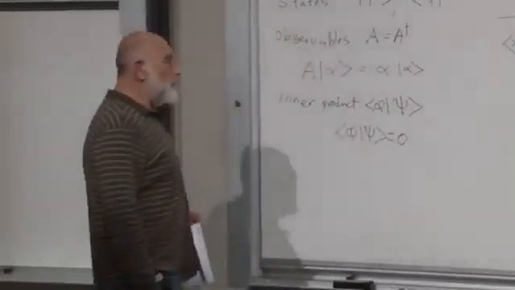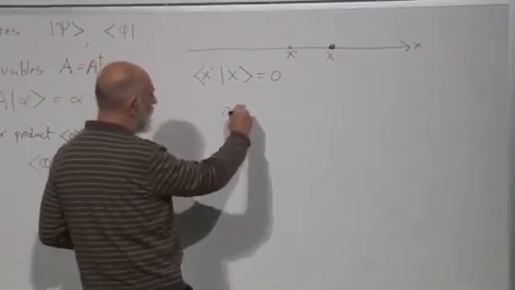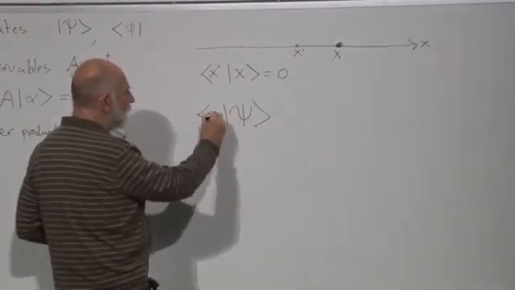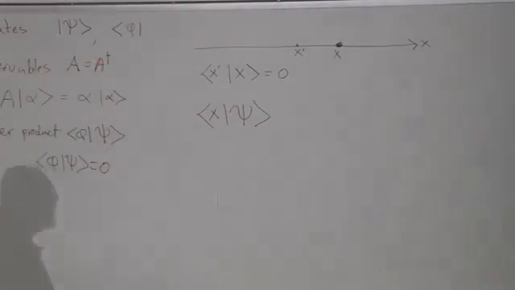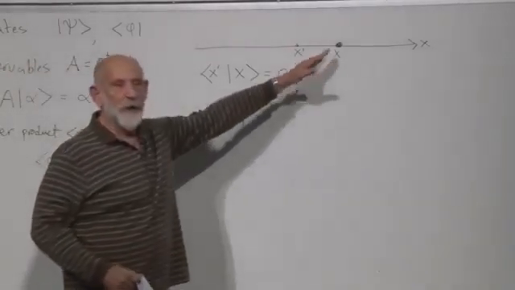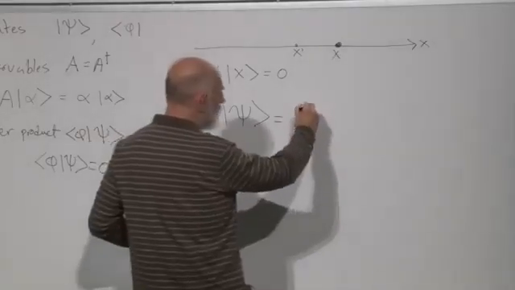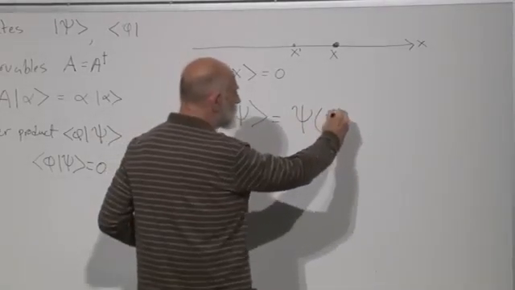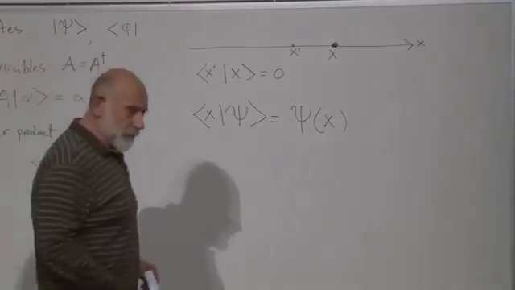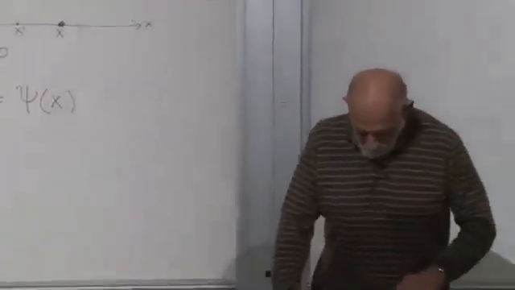Now, take any state whatever of this particle, call it psi, its inner product with the state representing the particle at x is called the wave function. The wave function of the particle, and it's written as psi of x. It's the psi that goes into the Schrodinger equation. It's Schrodinger's psi. I believe that Schrodinger was the first one to call it psi,